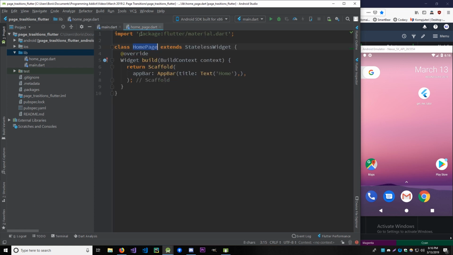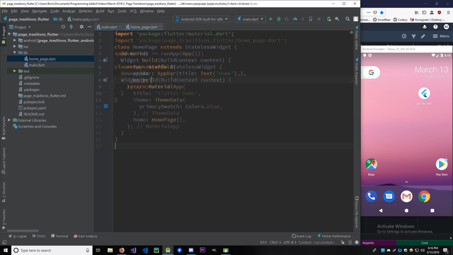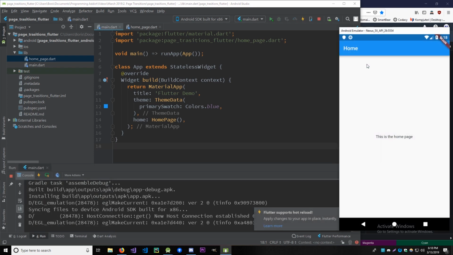a home page in this homepage.dart file over here. And it's just a stateless widget which returns an empty scaffold. But let me just return some text over there. And now what we're going to do is we're going to run the app so we can see if this actually works. Okay, so here we have our app up and running and everything, as much as I can see,